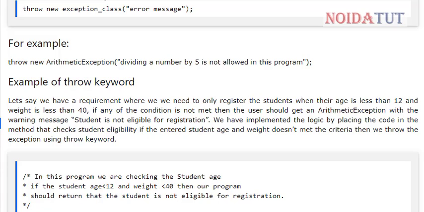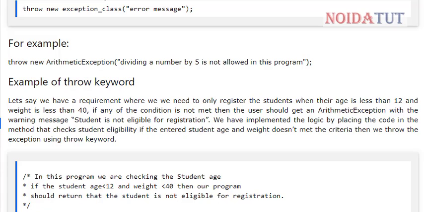If the condition is not met, the user should get an arithmetic exception with the warning message, student is not eligible for registration. That means if a student is less than 12 and less than 40 weight, he is not eligible for registration. We have implemented the logic by placing the code in a method that checks student eligibility.